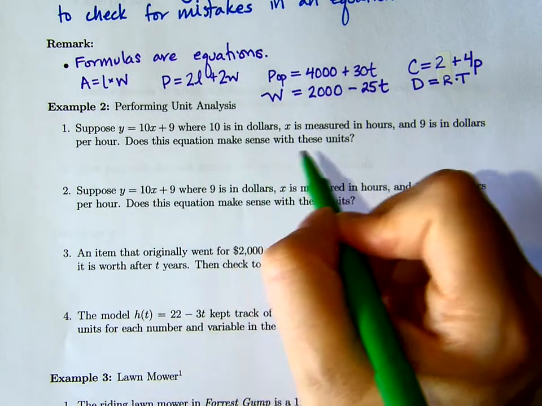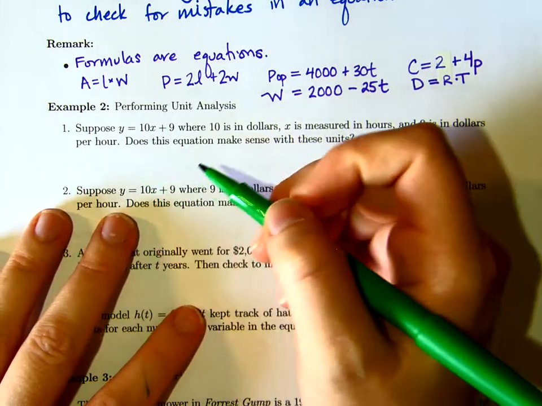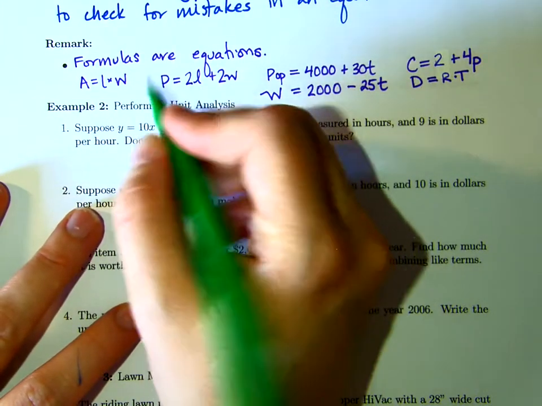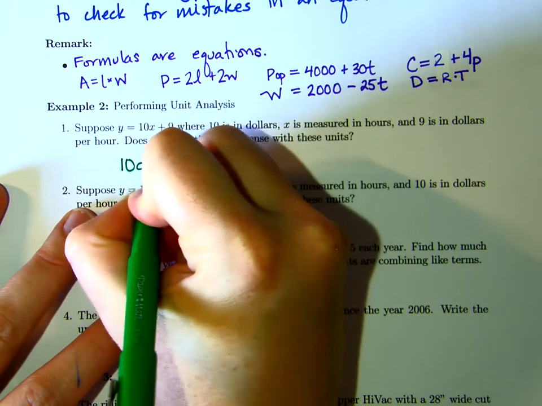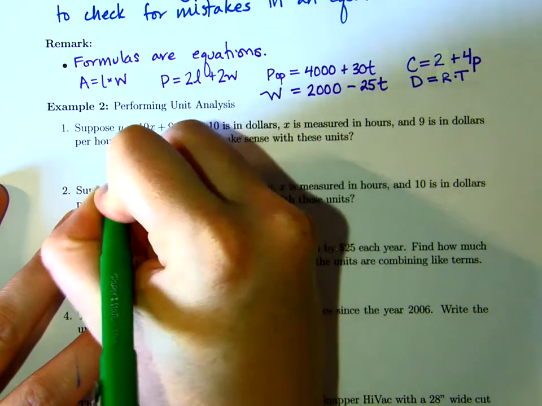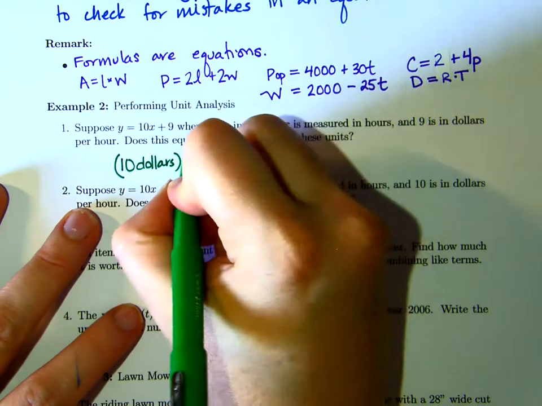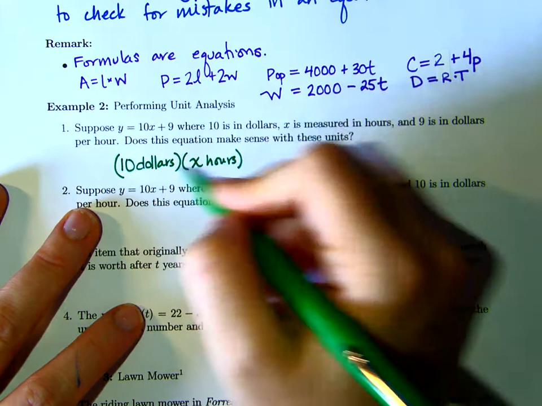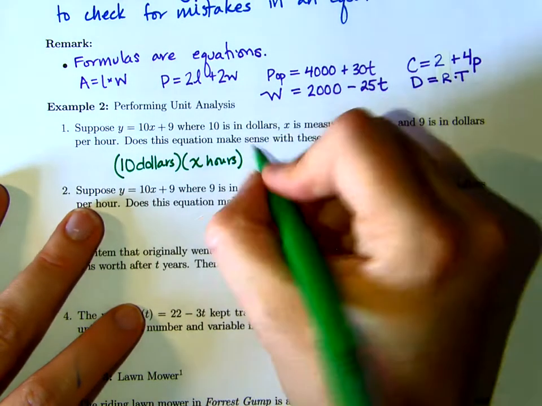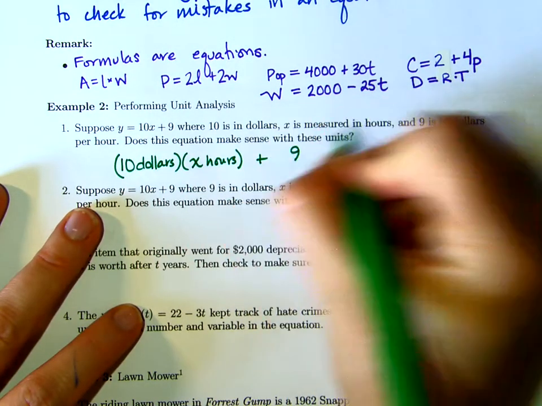Does this make sense? Okay, let's see. Well, we would go $10 times x number of hours. So we would have dollar hours here, plus $9